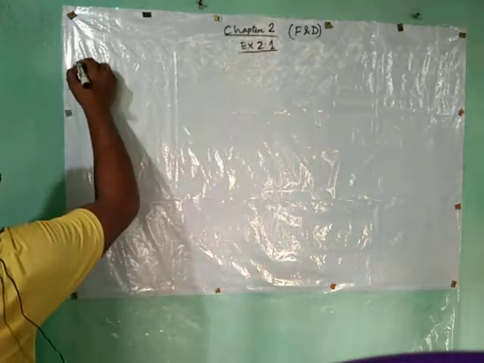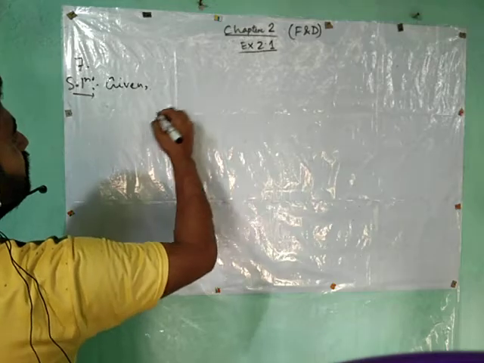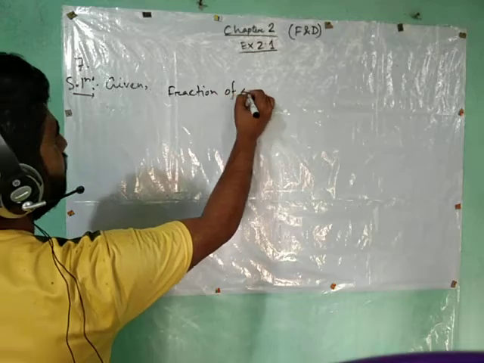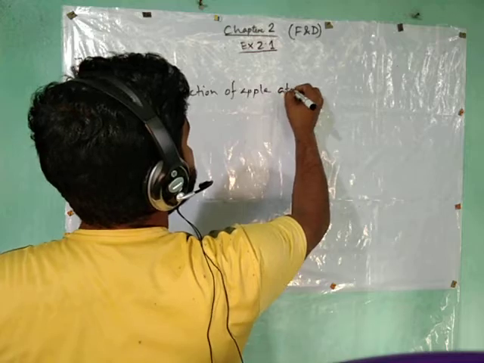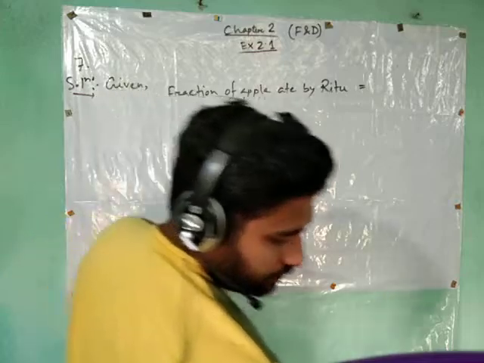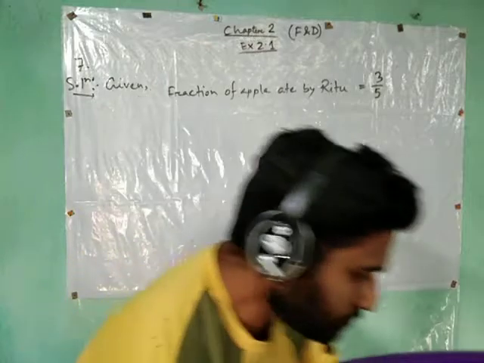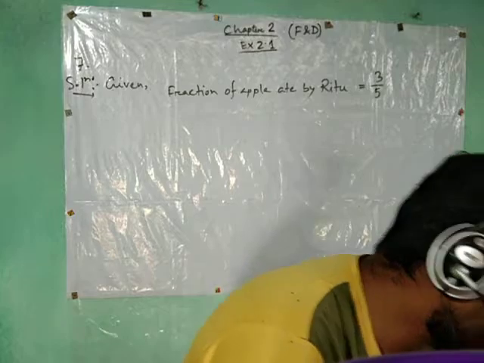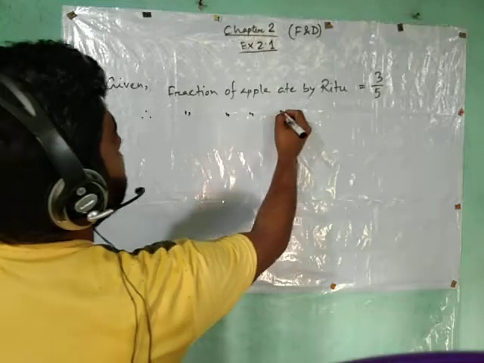Here given, you can write here direct given. Fraction of apple, right? Yes, apple eaten by Ritu equals to how much? 3 by 5. Now, and the remaining apple was eaten up by her brother Somu. Therefore, fraction of apple eaten by Somu